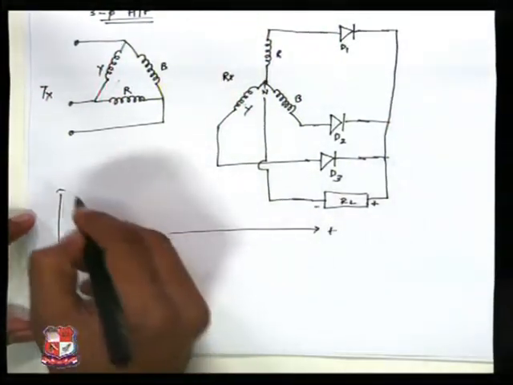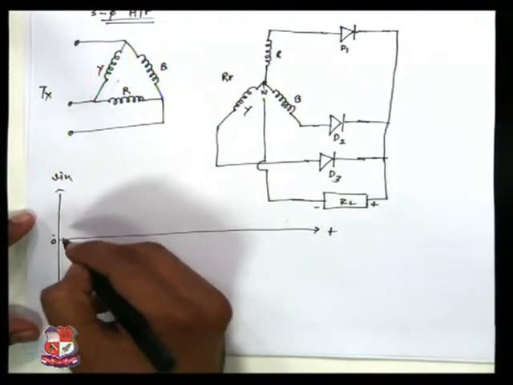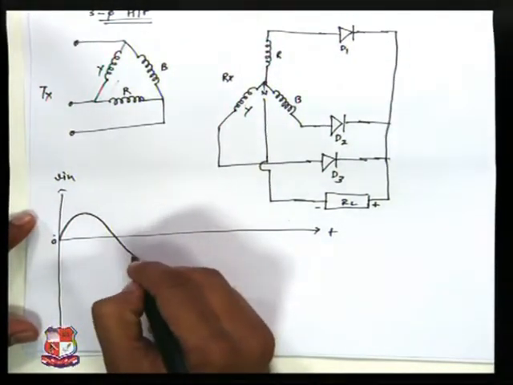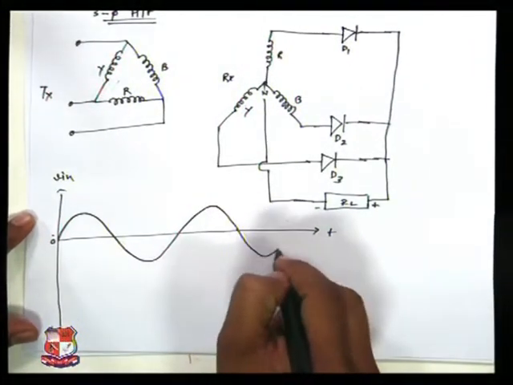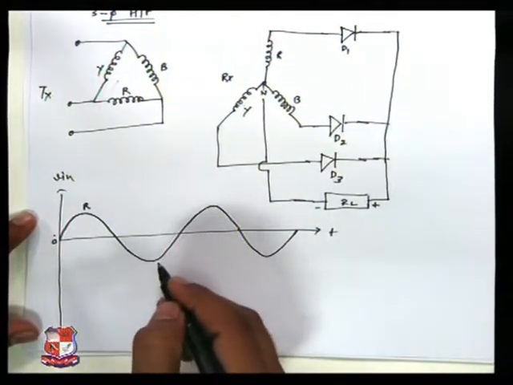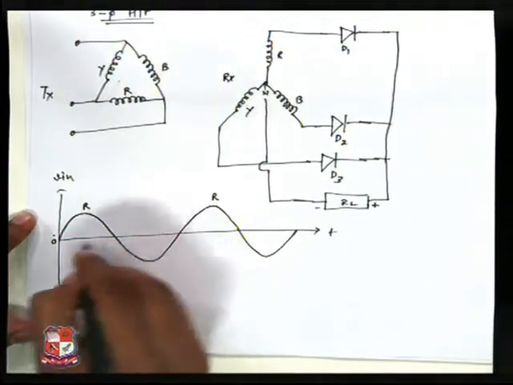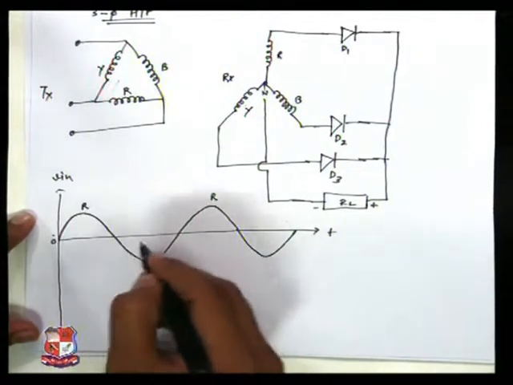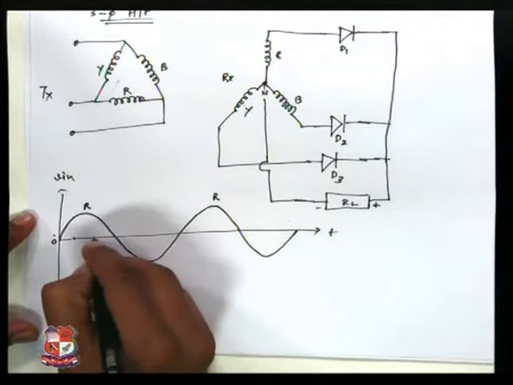With respect to time, the input waveform starting with the 0 degree instant, suppose this is the origin phase or phase 1, that is the R phase, from 0 to the instants pi, 2 pi, 3 pi again. Now to design the Y and B phases, there is one technique. You just divide that phase into two equal parts.